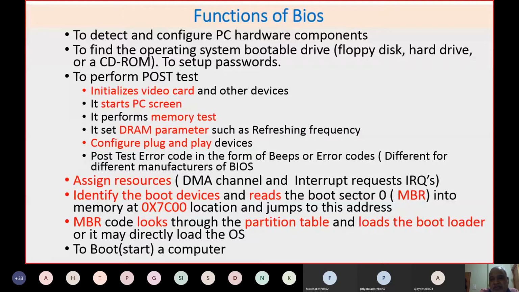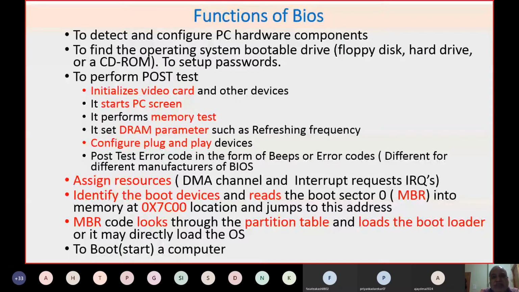As long as this DC power is there, these settings will be there. Normally this battery life is about 3 years. So if you have a problem where you have to set the date and time every time you start up the computer, that means your battery is drained.